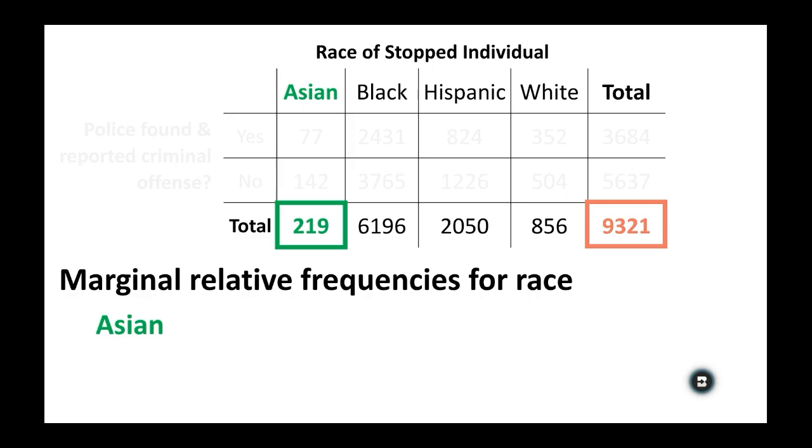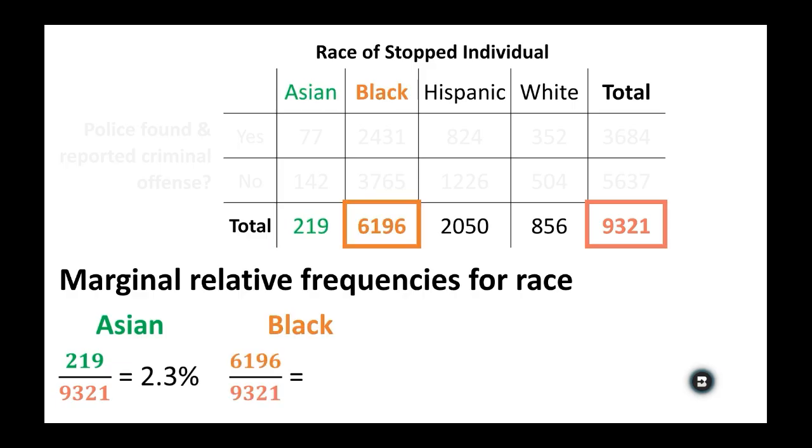First, we can see that there are a total of 219 Asian individuals stopped by police. So that's 219 individuals out of a grand total of 9,321 stops, which is 0.023 or 2.3% of all stops were of Asian individuals. There are 6,196 Black individuals stopped by police. Out of 9,321 total stops, that comes out to 66.5%. So we can see that the marginal relative frequency is much higher here, as 66.5% of all stops were of